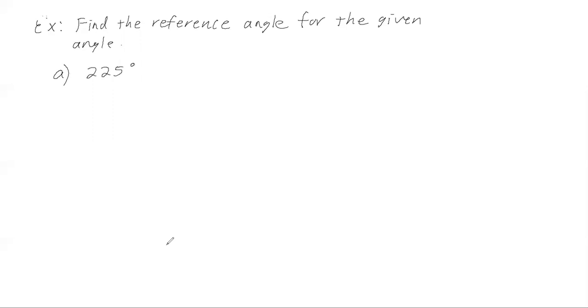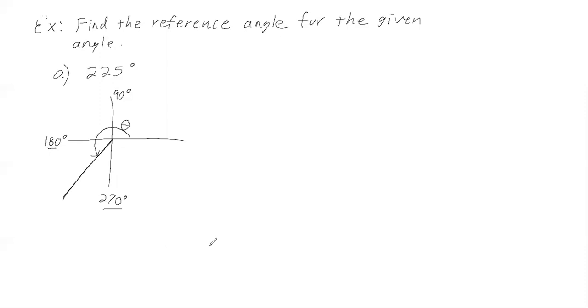All right, so to work this problem, I'll go ahead and draw a picture first. See what I'm working with here, okay? This is 90 degrees. This is 180 degrees. This is 270 degrees. So where does that put 225 degrees? That puts that somewhere between 180 and 270 degrees. So here's my angle, regular old theta. Terminal side of this angle is right here, okay? Now what is my reference angle